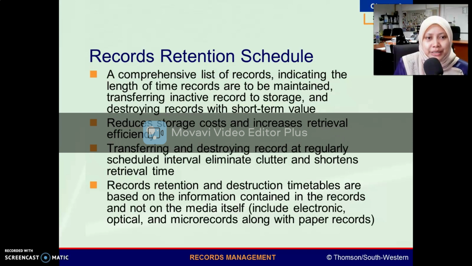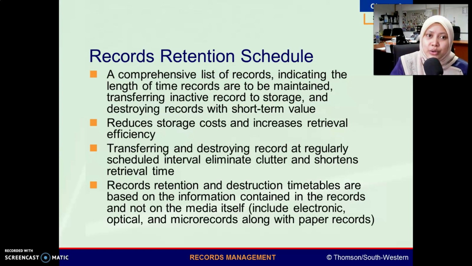Bukan sebab record tu cantik je. Sebab apa? Kita jarang guna. So, bila kita jarang guna, maksudnya somehow kita kena buang. Kita dah tak ada kegunaan. Tapi ada setengah record tu nampak lusuh, tapi kita frequently use. Dia jadi lusuh sebab apa? Kita selalu guna record tu. Tapi ada juga record yang lusuh sebab apa? Dah lama simpan dan tak ada kegunaan. So, that's why untuk tahu sama ada